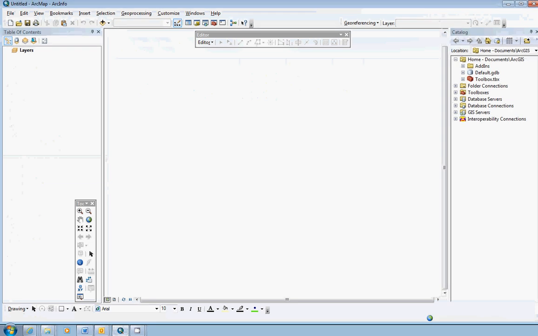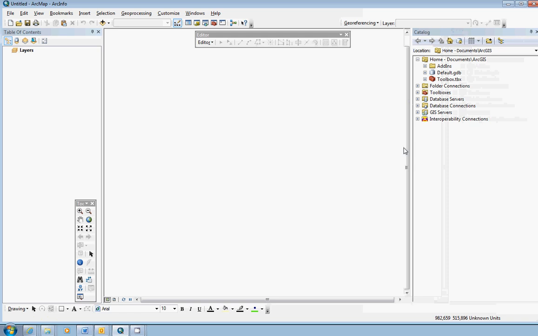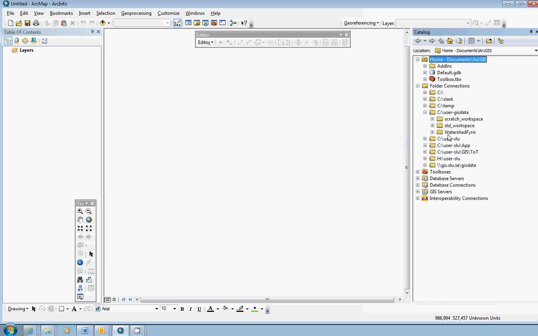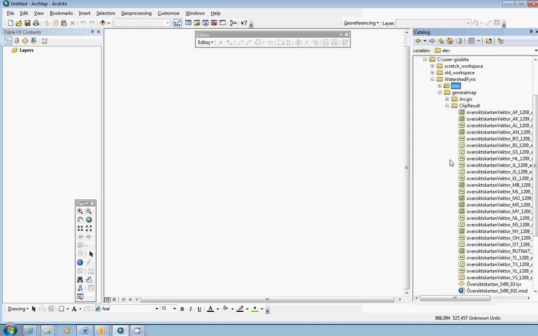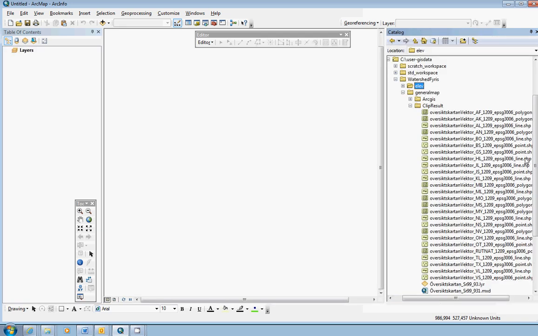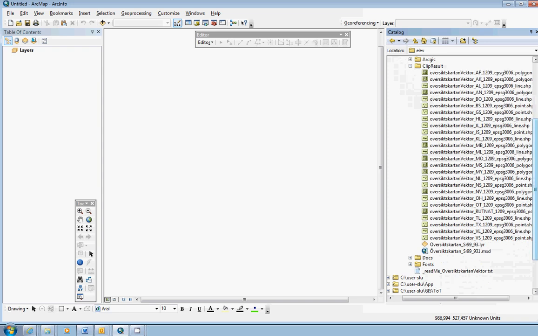I have opened an ArcMap window or document here, an empty one. And now we locate the data I just downloaded in the catalog window. So here we have the general map and the elevation data, and as always it's generally a good idea to start with the background map. And deliveries from the SLU GET service or the SLU GET interface,